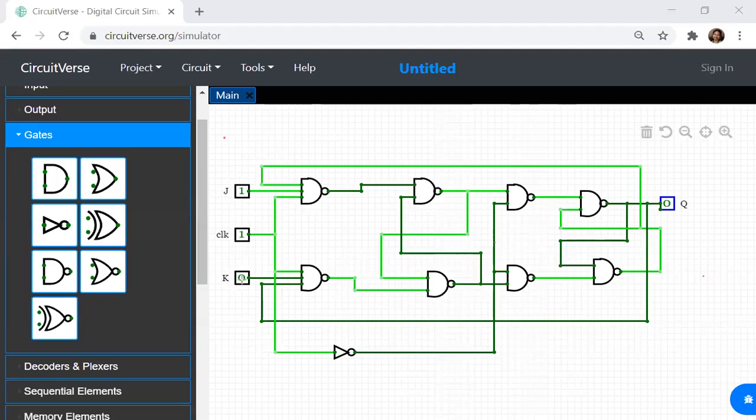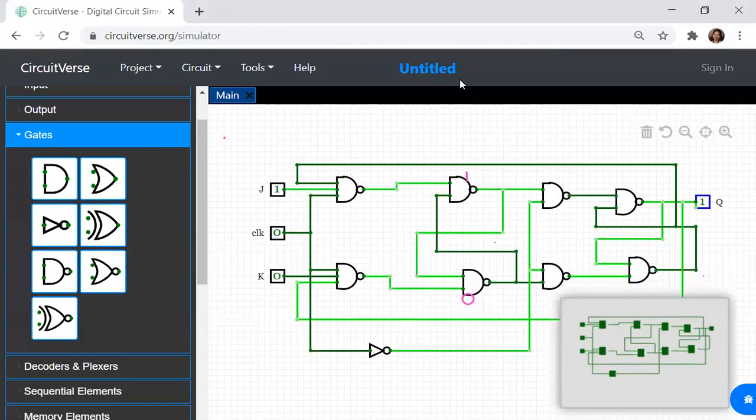When J is 1, K is 0, what is the Q value? Q will be 1. Clearly we know that Q is 1 and here we'll be having Q bar is 0. So Q bar, let me make it as 0. This is the output during the positive cycle of the clock or when clock is equal to 1. Now to see the output at the slave end, we should make clock equal to 0, which means the slave part is getting activated. This clearly indicates that the slave part is getting activated. So we have our slave part.